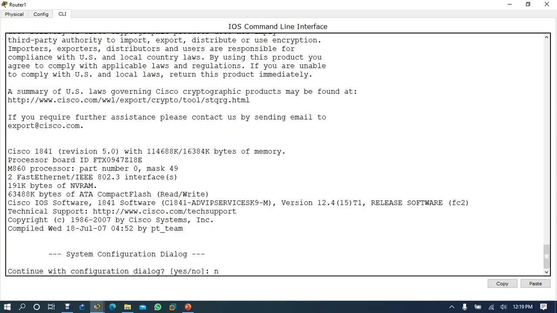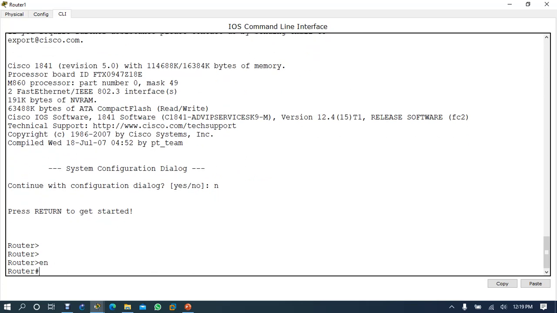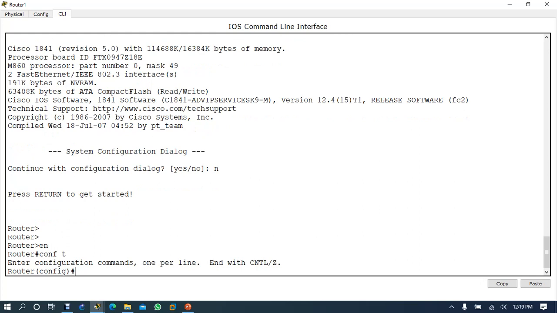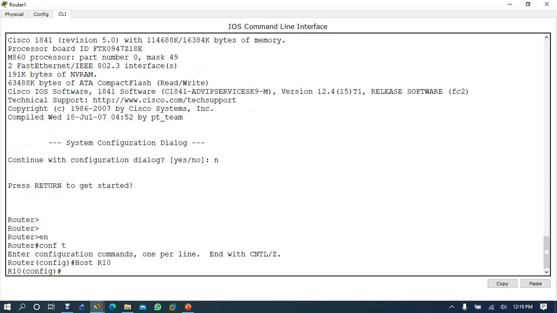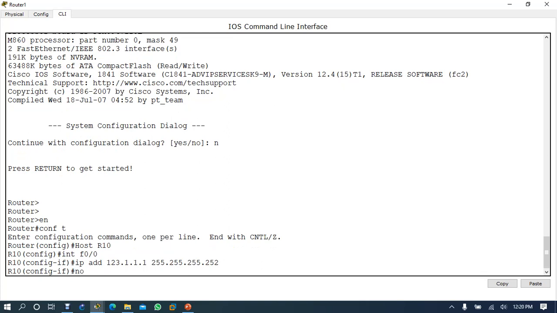Now see, same thing, you come back. New example again: enable, conf t, hostname R10, interface fastethernet 0/0, IP address 123.111, no shut.